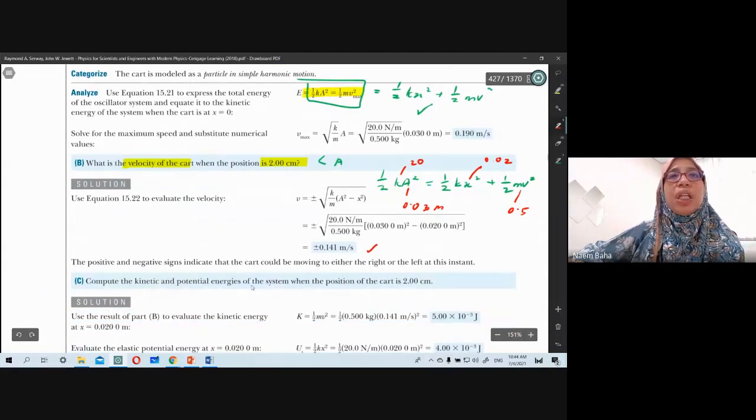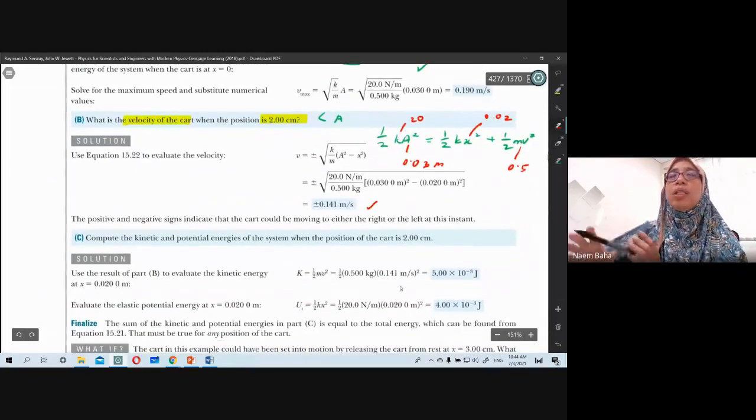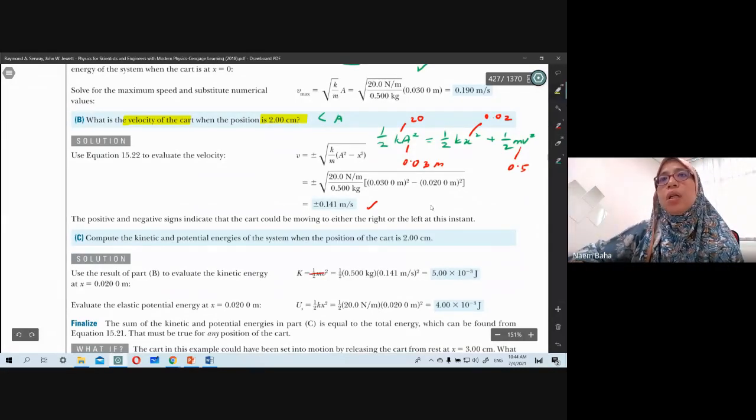Compute the kinetic and potential energy of the system when the position of the cart is 2 centimeter. So the question is asking you, please calculate kinetic energy, calculate potential energy. Alright, so the kinetic energy, look at how they calculate. It's half mv squared. The v uses the value from the previous part, because 2 centimeter is where you have calculated the velocity, okay, from B, right? Then you will arrive with 5. Potential energy is half k x squared, okay? So 4. Now adding these two up